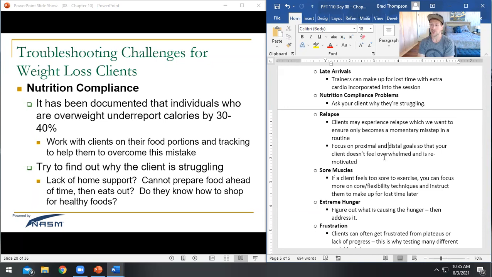Is it because your spouse is like, no, let's go to the movies. We're going to get popcorn and candy. And they do that 3 or 4 times a week. Let's go out for a drink. If the spouse is dragging them into situations, maybe they have a lack of support at home. Maybe they're having a hard time,